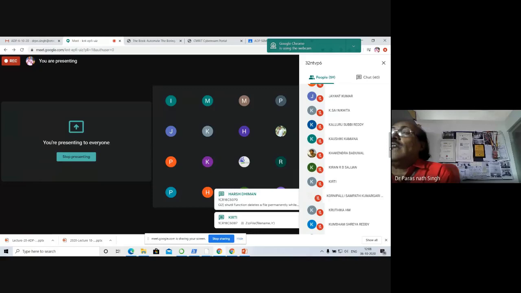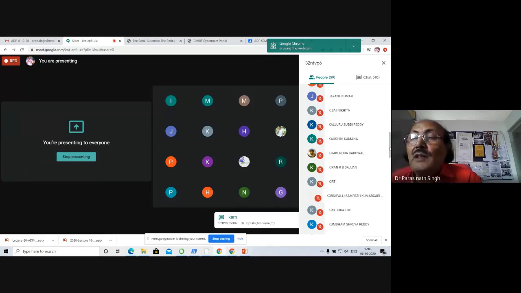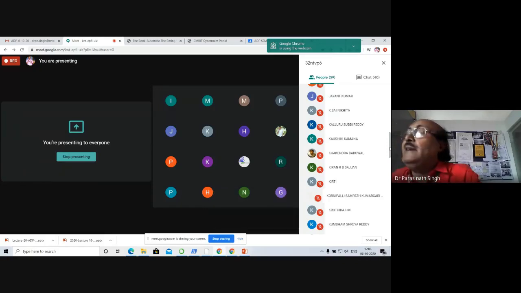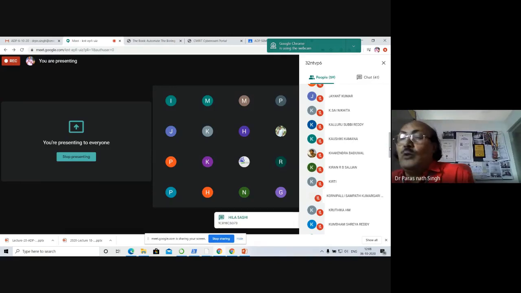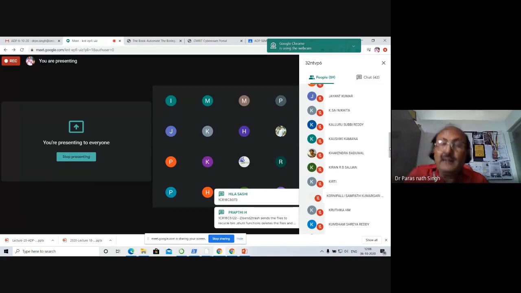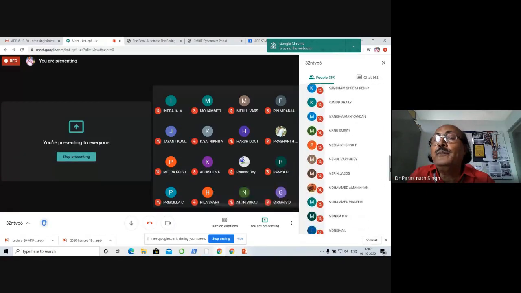K. Abhishek is there. Sai Nikita, Subbi Reddy, Kausiki, Kamana, Khagendra, Kiran B. Sajjan, Kirti, K. Sai Krishna, good. Kritika, Kumud, Kubham, Shreya Reddy, good. Most of the students are present.